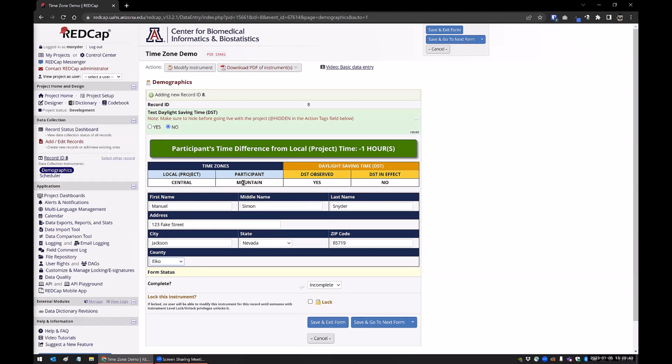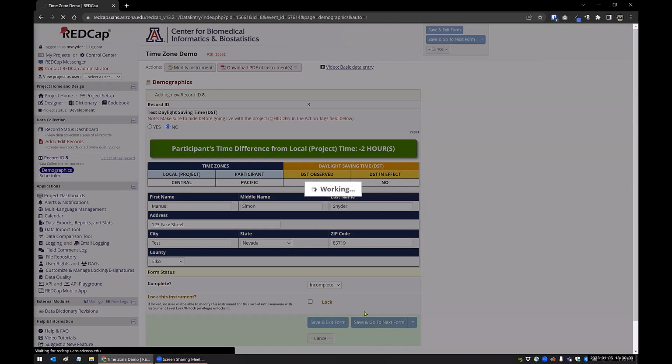And they're in Mountain. But I think it was like, let me see, just change this. So you can see here that if it's not Jackson or Wendover, it'll be Mountain. But if it's anything else, it's Pacific time. So this is the first part of this thing. This sets your time zone for your participant. And then if I save this and go to the next form,